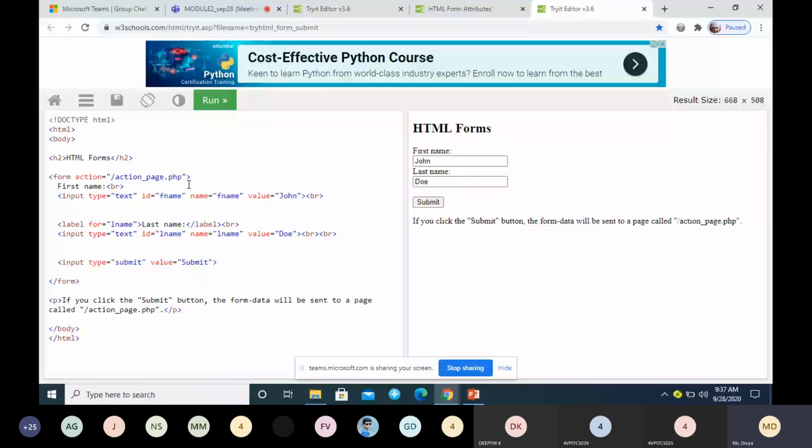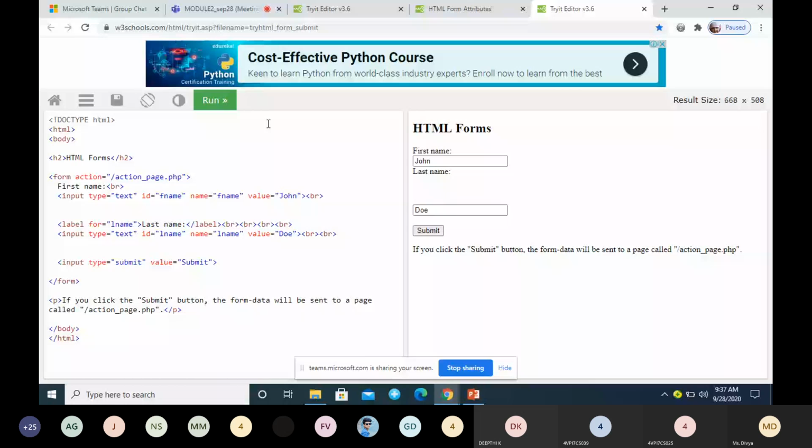When I click on this last name label, I am not clicking on the text box, but on the label text, which is enclosed within the label tag.